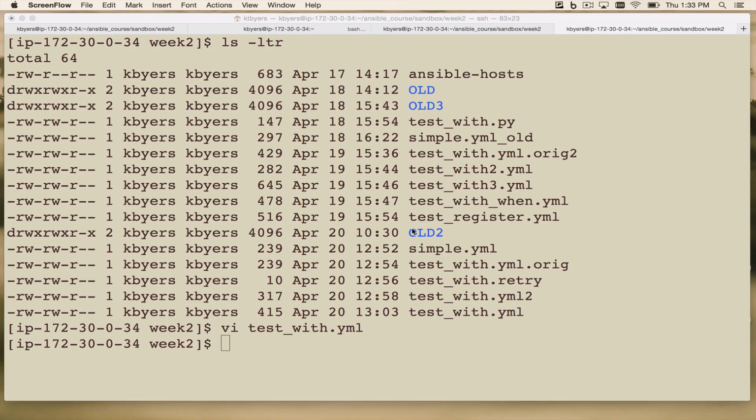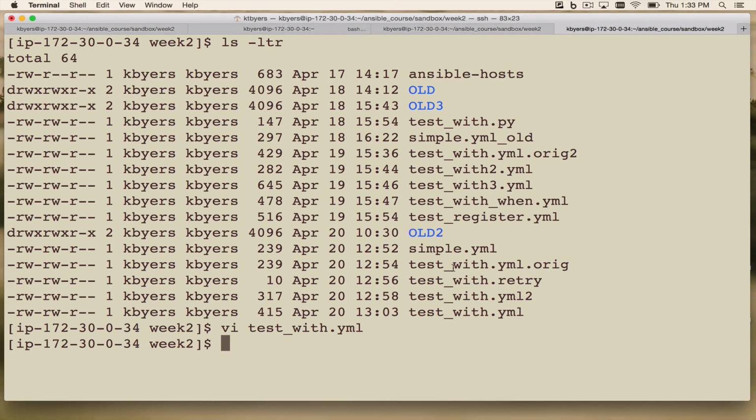In the previous video, I showed you how to do a for loop where you looped over a list and used the with_items inside the Ansible playbook. Now let's look at a way to loop over a dictionary. So here I have my